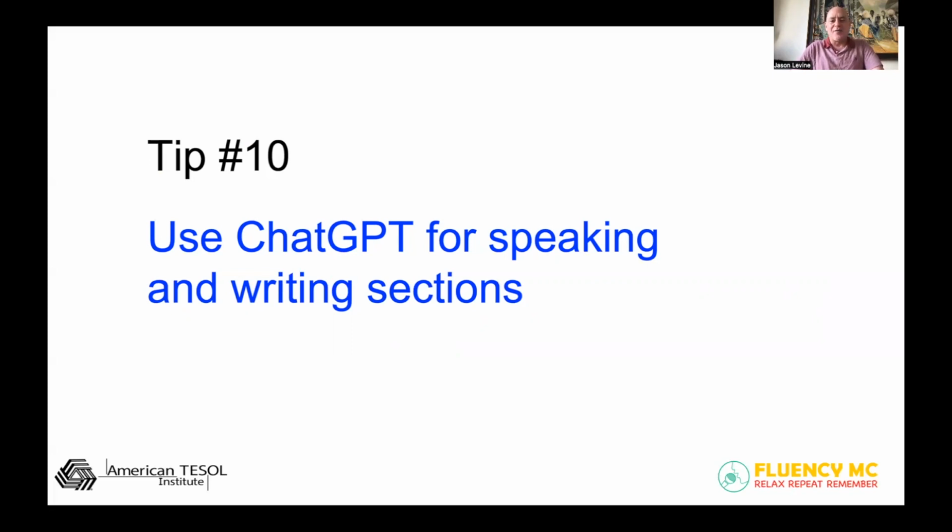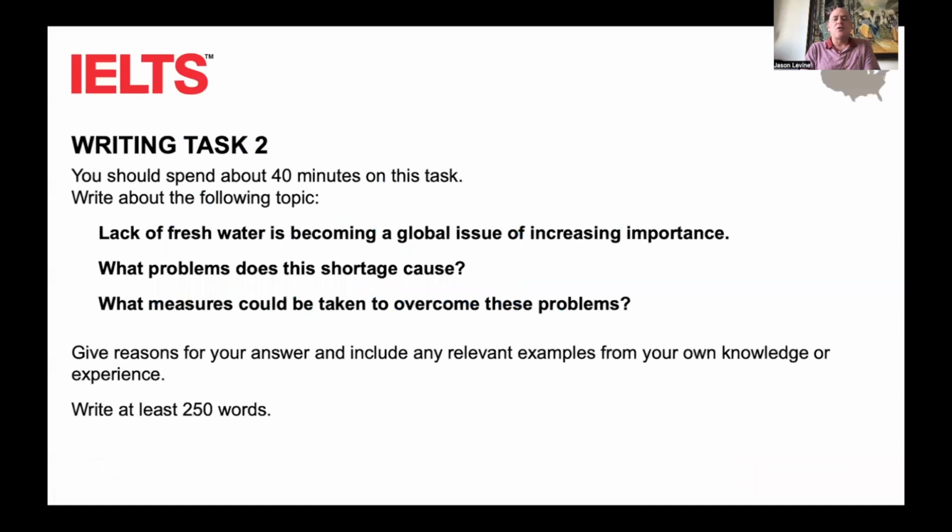So this will be a very condensed version because of time and because I haven't developed all my ideas for it yet. So let's talk about the most basic thing you can do, the easiest thing you can do, and probably the most effective thing. And that is connected to that idea of templates, getting ChatGPT to churn out sample essays following a template. And it can also help you get the template in the first place, right? Here's an IELTS writing task 2 question, right? So it's going to be different each time, but what's not going to be different is like what problems, what measures, basically like,